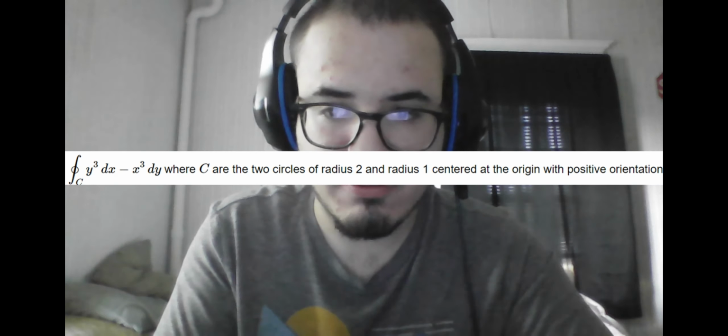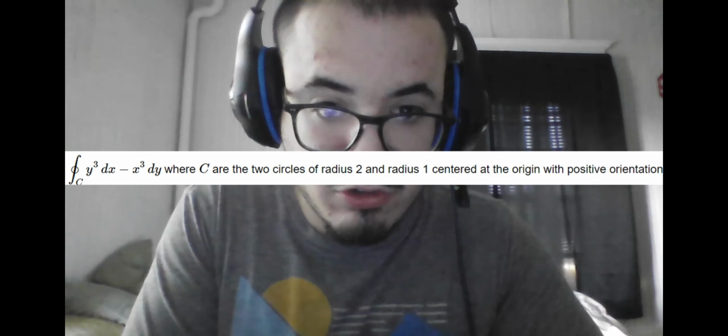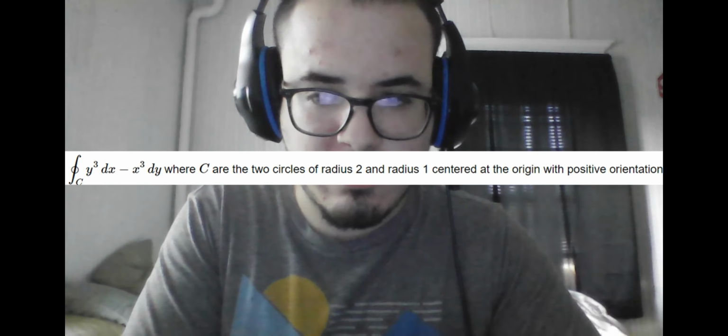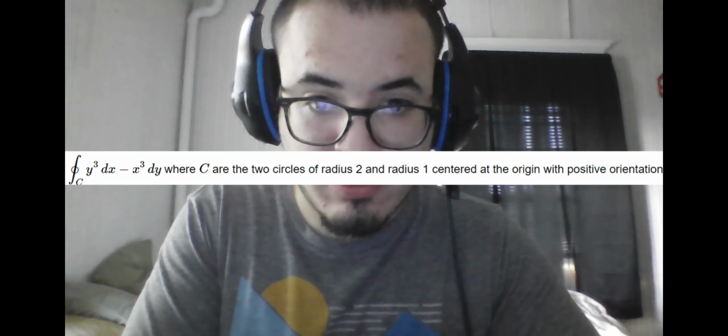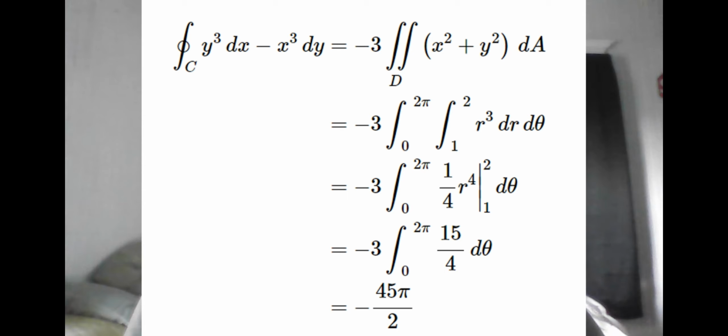If we are asked to evaluate this line integral along two overlapping circles where one is empty space, we would do this by using polar coordinates. Although first, taking the partial derivative in the normal rectangular coordinate system, and then converting it to polar coordinates for the integral. We see, fortunately, we are provided exactly the limits of r, as well as the limits of the angle, because we are told two circles, which we know is rotated from 0 to 2 pi. So now, we simply evaluate the integral as a normal double integral, and get a finite answer of -45 pi